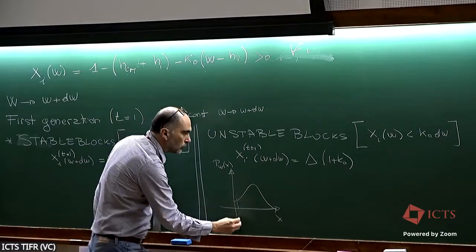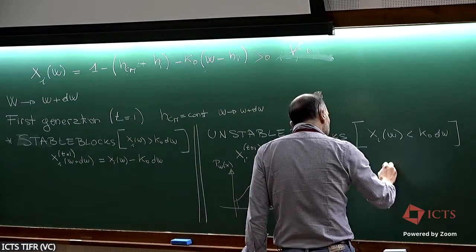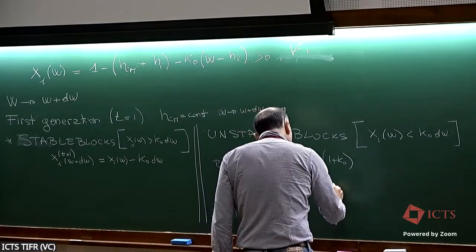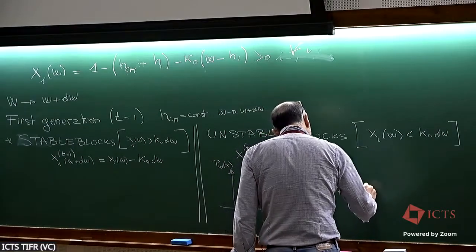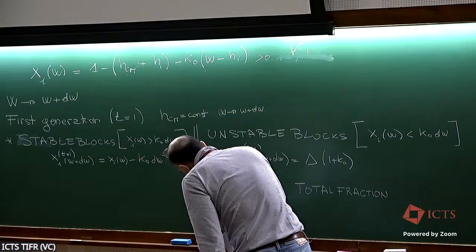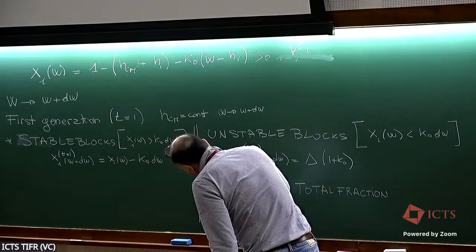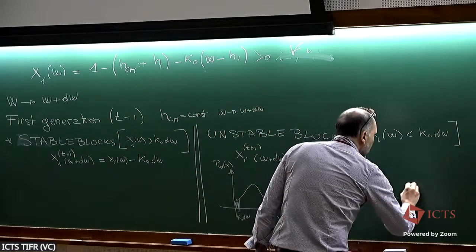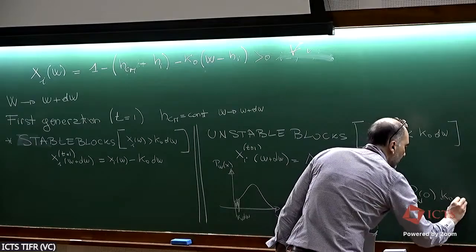So essentially what you want to know is the total fraction. So if this is K0 delta W, we want to know this area, okay? And this area, when delta W is small, is just P0, K0 delta W,